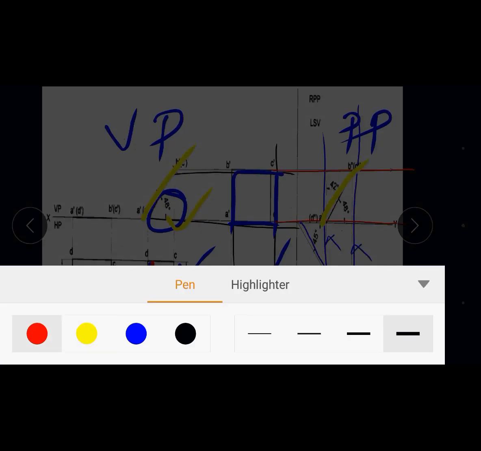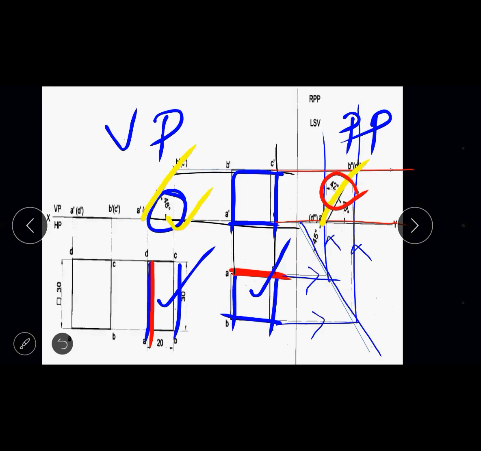Measure the angle made by this side view with reference to this vertical line, which is found to be 42 degree. So this will give you the 42 degree VP angle. VP angle is measured with reference to the vertical line, HP angle with reference to the horizontal line. HP angle, already in the second front view, we got it as 48 degree.